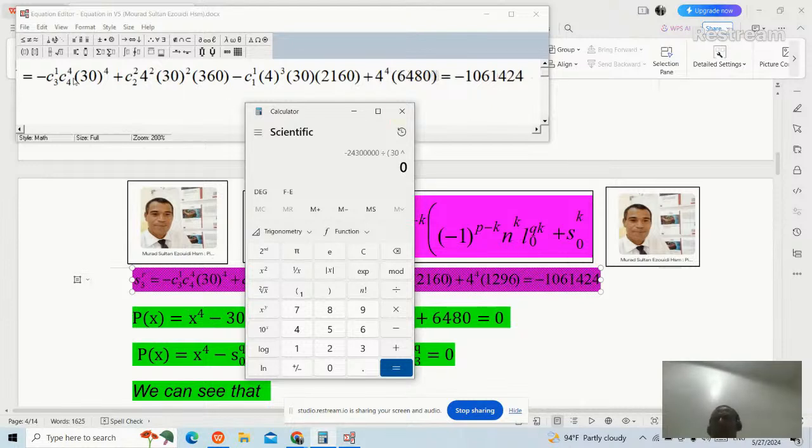I will start from the beginning. Negative 3 times 30 raised to the power 4 plus 16 times 900 times 360 minus